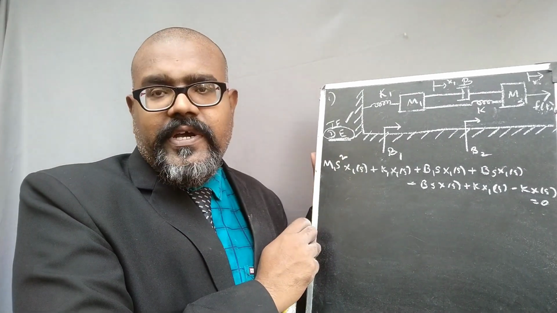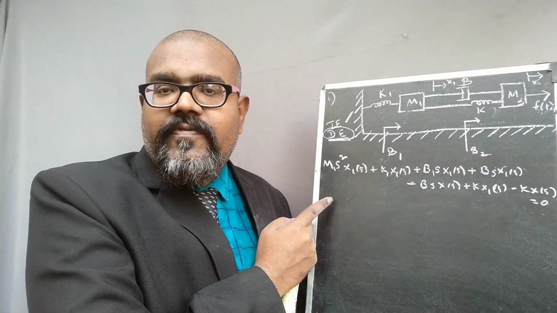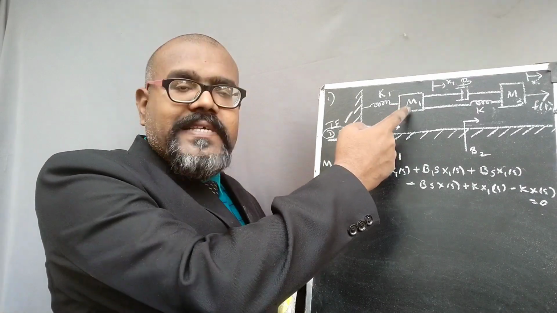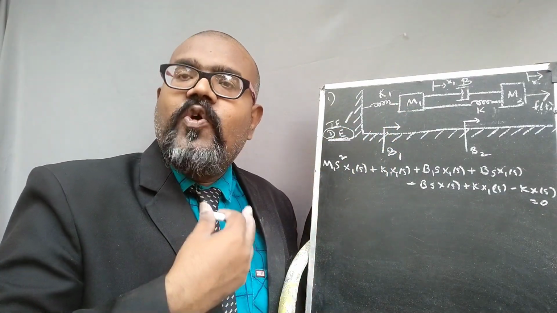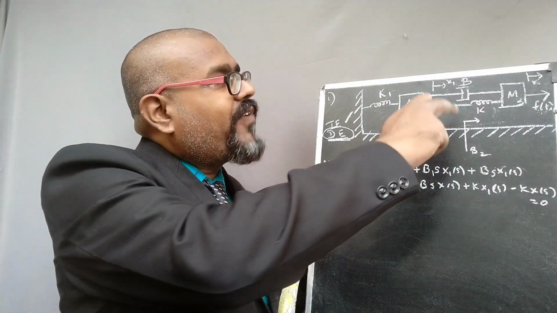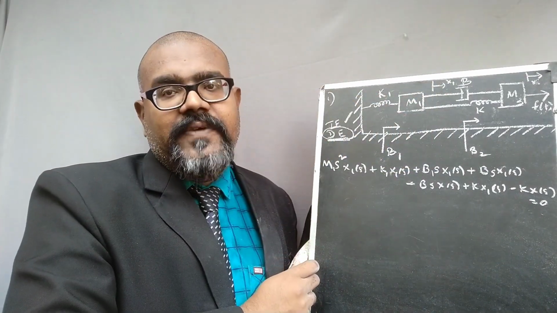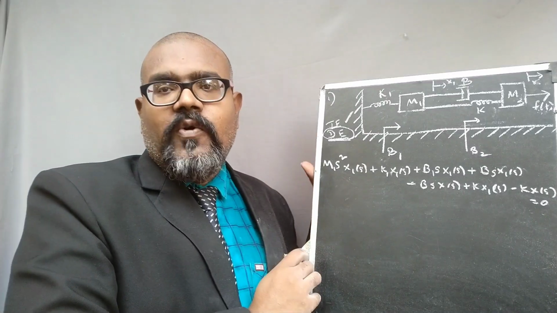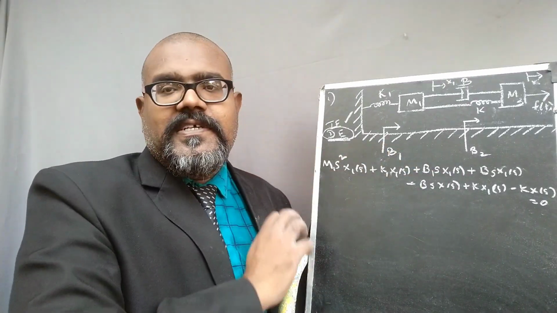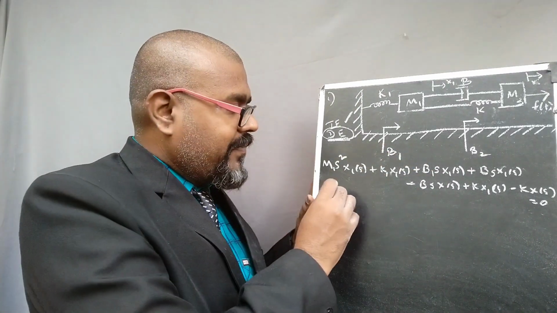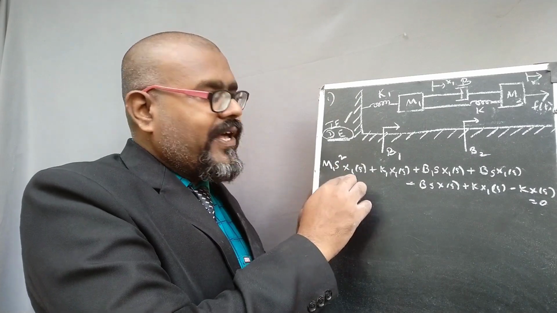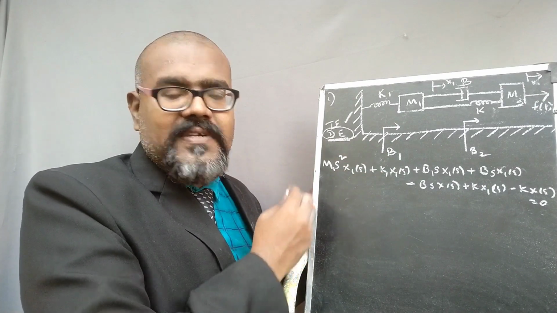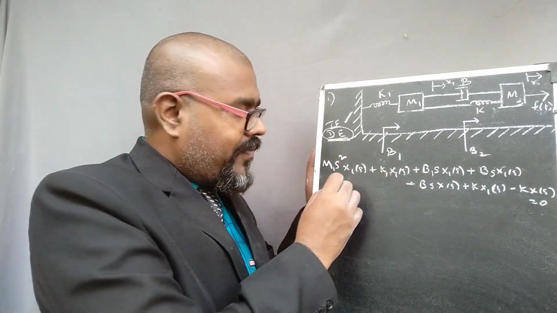Because we are in the situation to find the output or input in any of the masses. In mass M1, we don't have any input because we don't have any applied force. So try to find the output variable individually. So X1 of S we need to determine. For that, we do a small simplification. Here M1 S square and X1 of S, all the elements have X of S and X1 of S. Just take X1 of S as common.